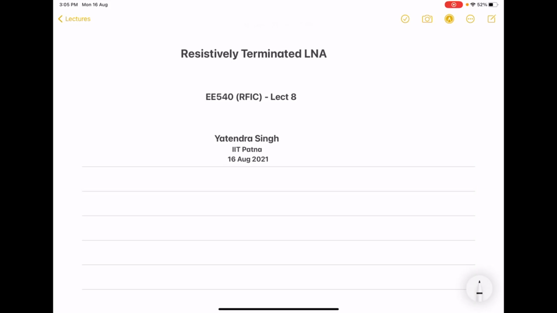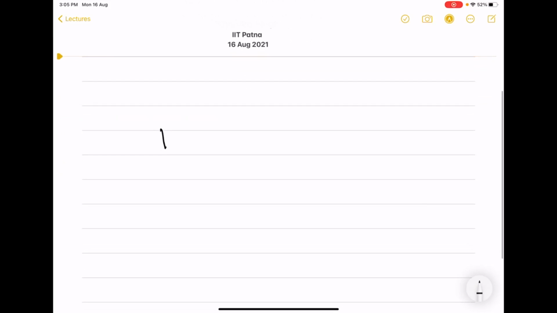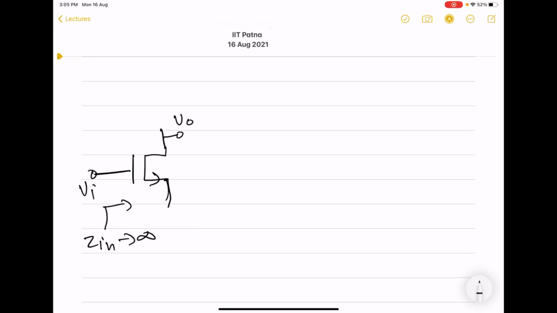So here we have a common source amplifier. That means input is at a gate and source may be grounded or may be degenerated, and we know that output will be ultimately taken from drain. So we are not showing the entire circuitry. So here we found that looking into the gate, we will see Z in infinite if gate to source capacitor is neglected,